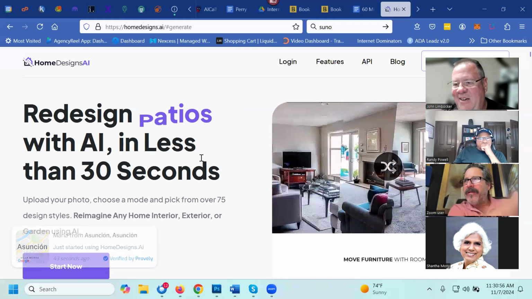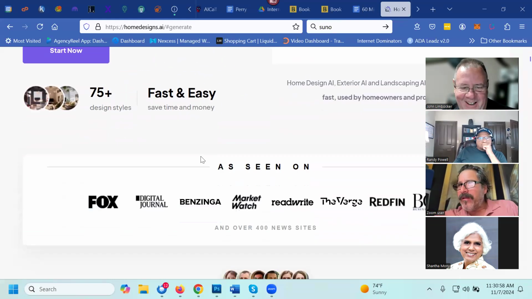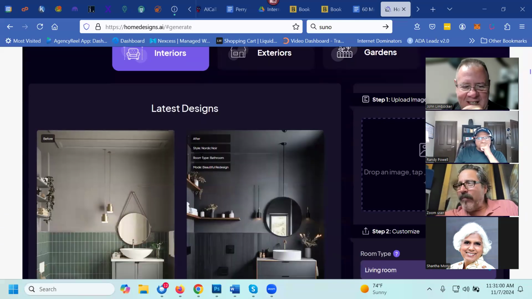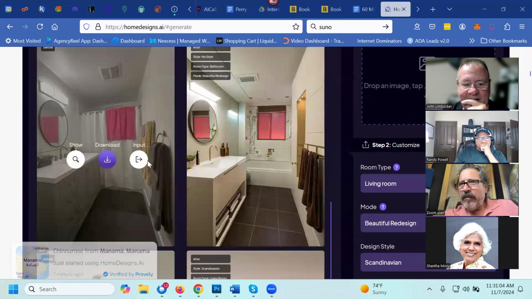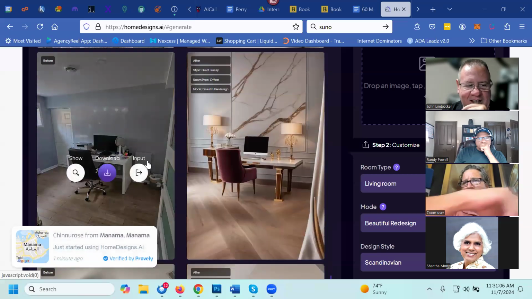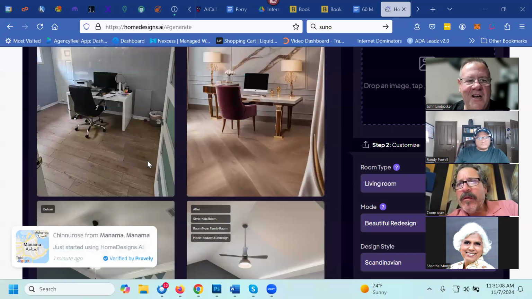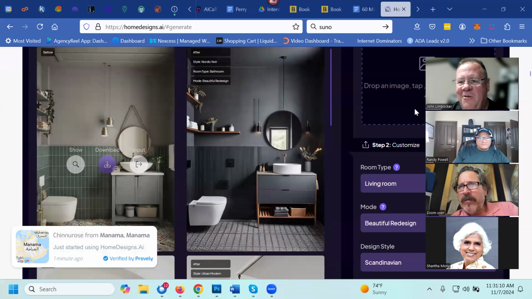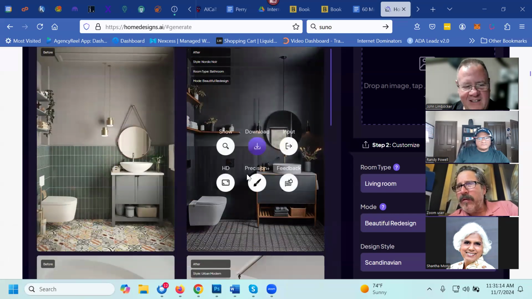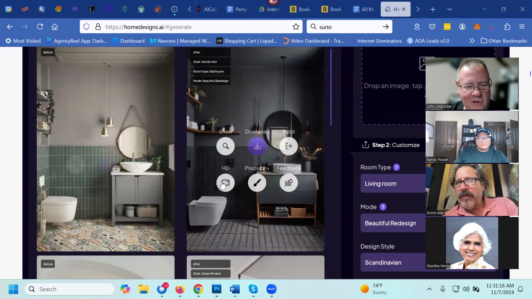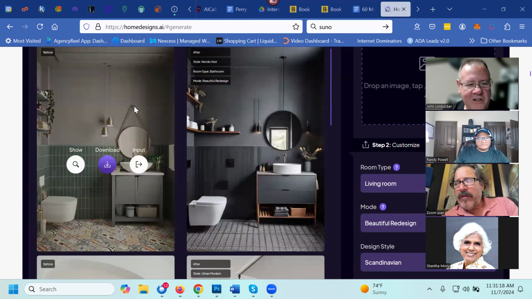This is exactly what you just asked for. Okay, this Home. Go ahead. This thing is incredible. You can take a picture just like what you were talking about. You upload the image into here, and then see how it's the same room, it just changed out all the stuff.